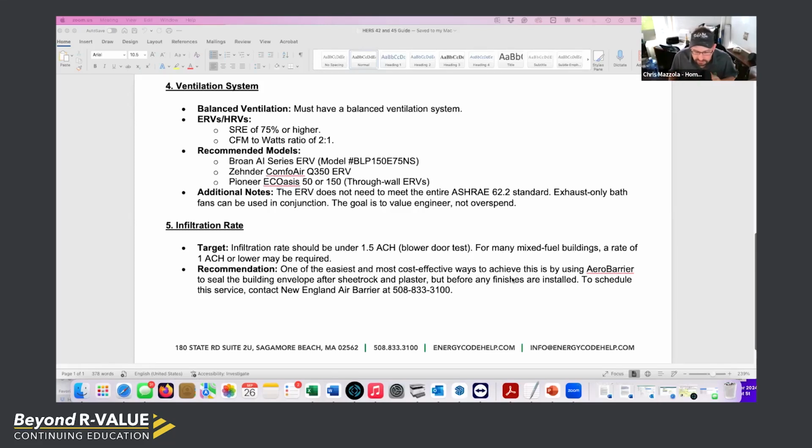Renovations and additions, a full gut rehab on a home, we charge $1,850. It's more work, but again, the Mass Save incentive to a rater is more. So again, it's part of a lot of what we do in our pricing and how we operate in Massachusetts